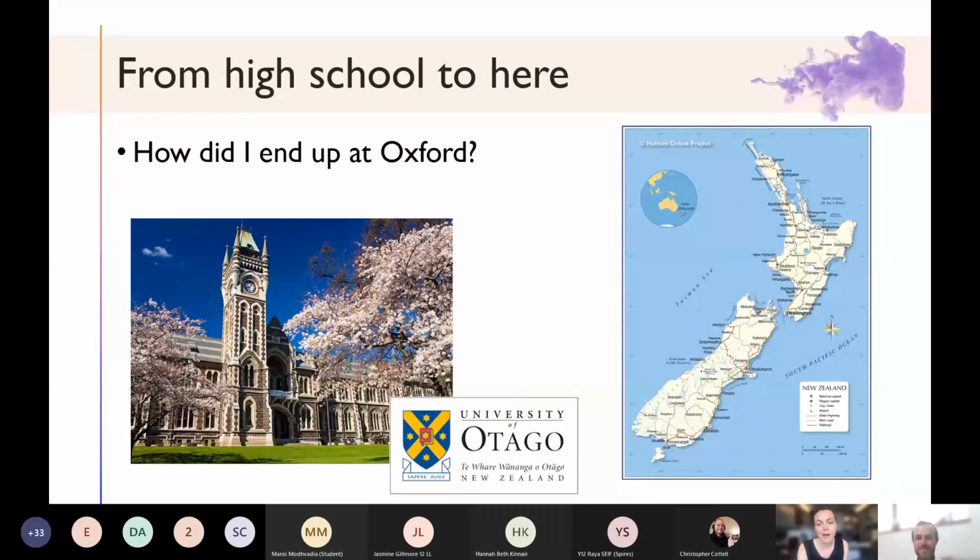So a little bit about me before I go on to the substance of the talk. As you may have picked up, I'm not UK born and bred. I'm from New Zealand, which is pretty much as far away from England as you can get. It's on the other side of the world. And I went to University of Otago, which is down the bottom there in a small town about the same size as Oxford, actually, called Dunedin. And that's our beautiful clock tower there. There's a nice area in the middle of town. Like Oxford, it was quite cold, so it didn't always look that beautiful, but it was a really wonderful place